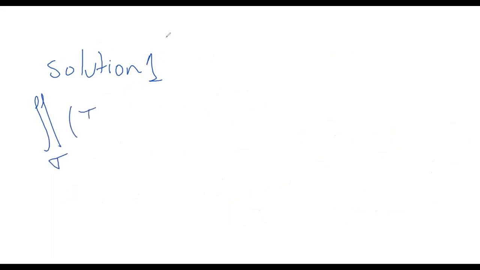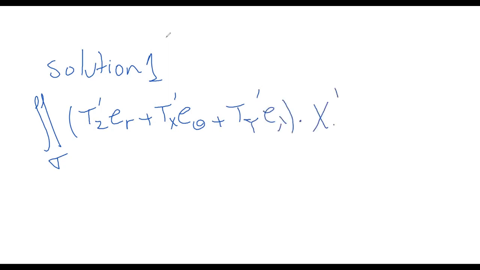I have Tz, e_r, or we can write Tx, e_theta, and R prime, Ty, e_lambda, inner product with the first vector spherical harmonics. And it will be equal to,